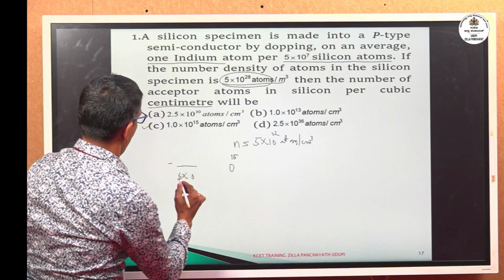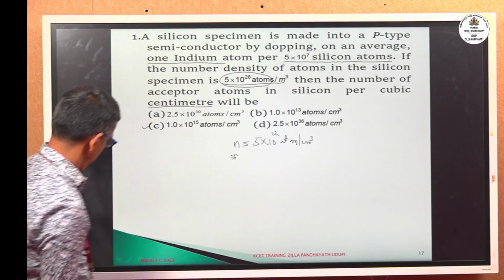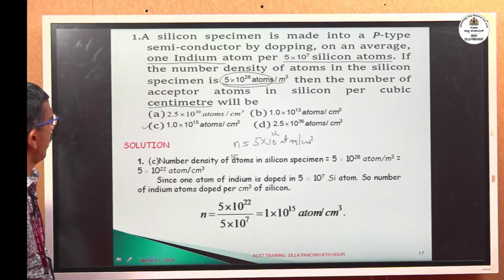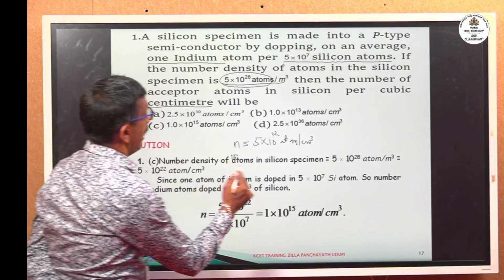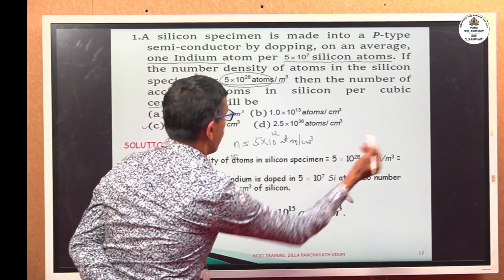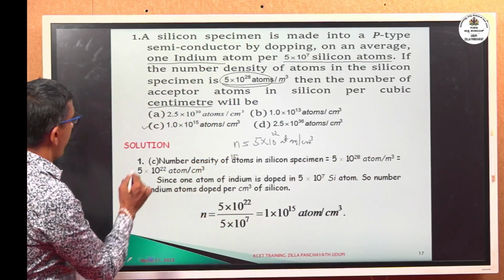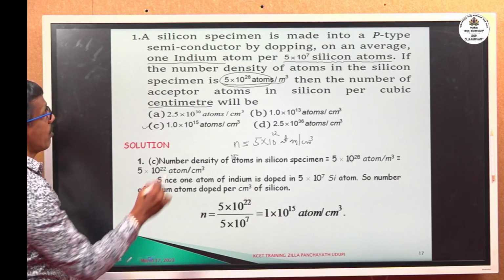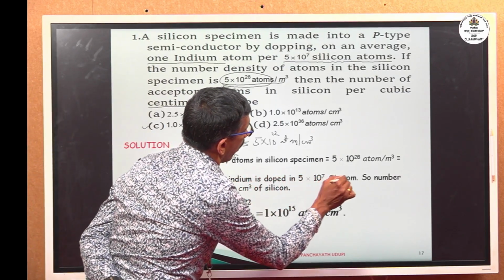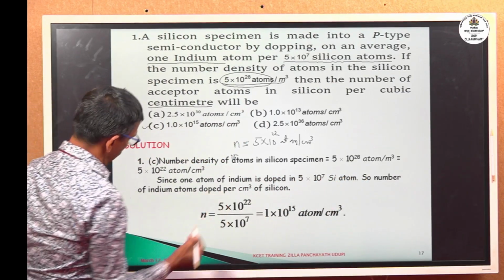Let's just see the solution. Number density of atoms in silicon specimen is 5 into 10 power 28 atoms per meter cube, convert into per centimeter cube, 5 into 10 power 22. Since one atom of indium is doped in 5 into 10 power 7 silicon atoms, so the number of indium atoms doped per